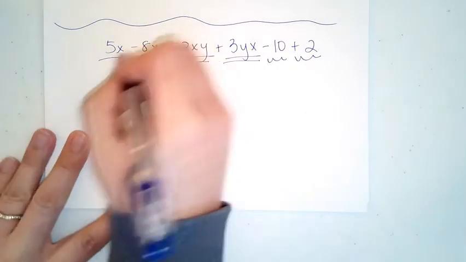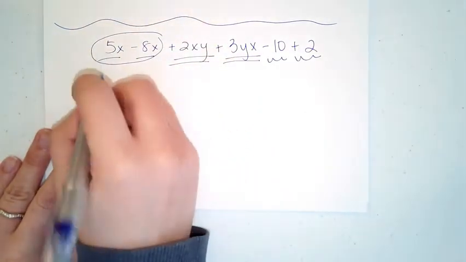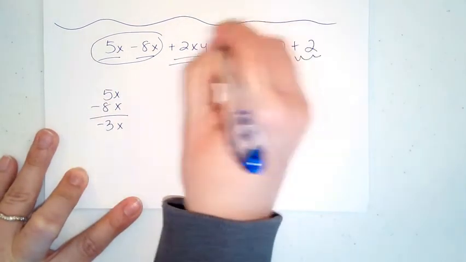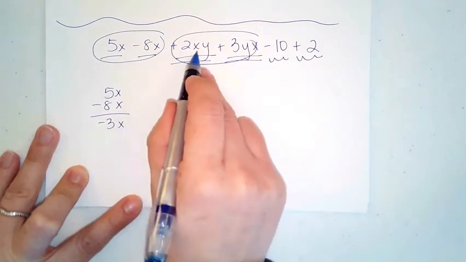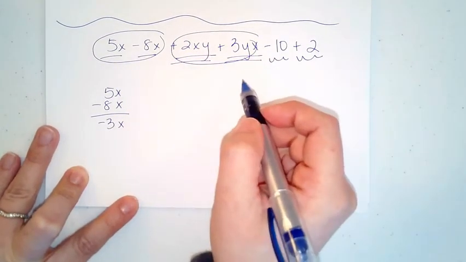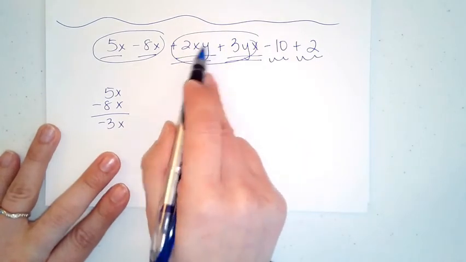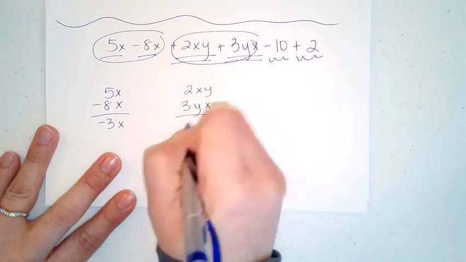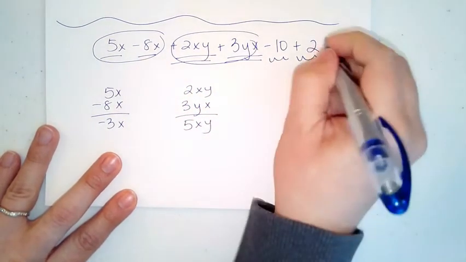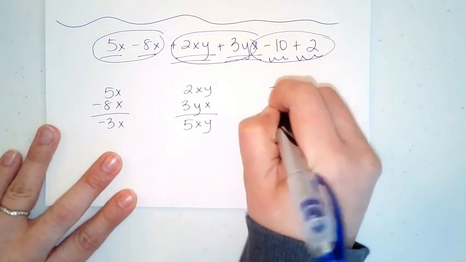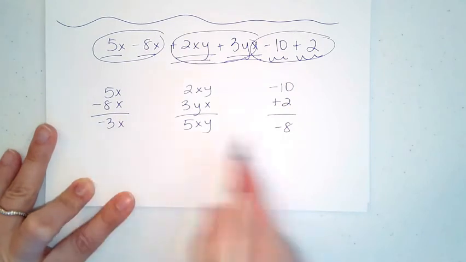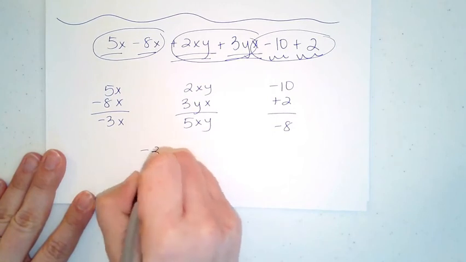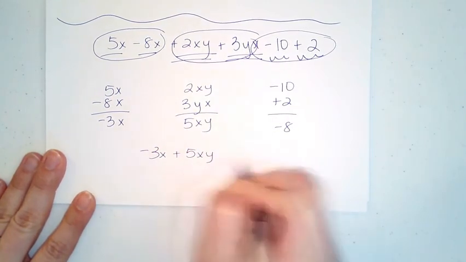Okay. So if I think about grouping these, well, 5x minus 8x is going to be negative 3x. If I think about grouping these, I've got 2 xy's and 3 xy's. You can even think of it as fruit or anything you want to count. I've got 2 pairs plus 3 pairs. Well, 2 pairs plus 3 pairs would give me 5 pairs. And then if we add these two numbers together, we get negative 8. My final answer isn't this, but my final answer is the expression with all of those together. Negative 3x plus 5xy minus